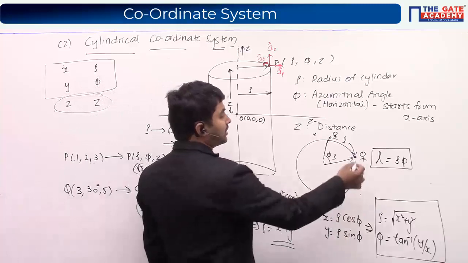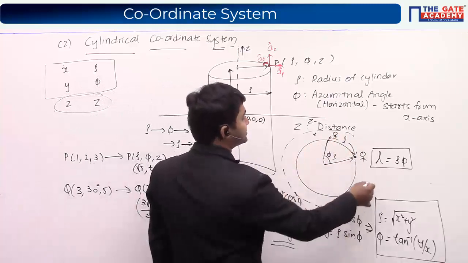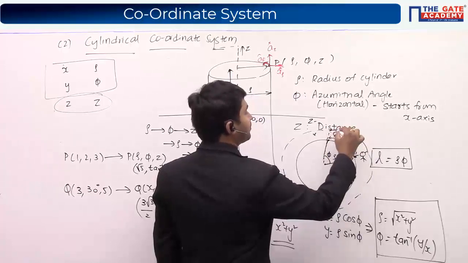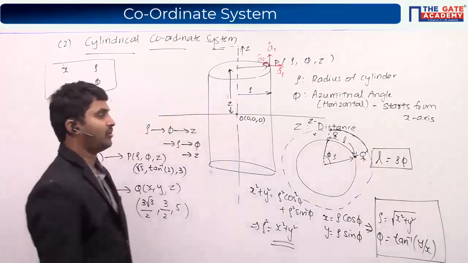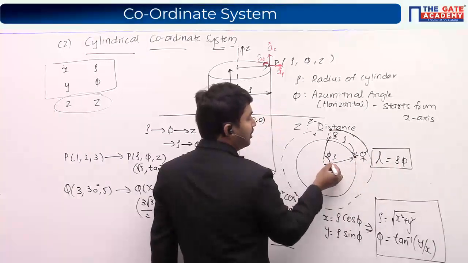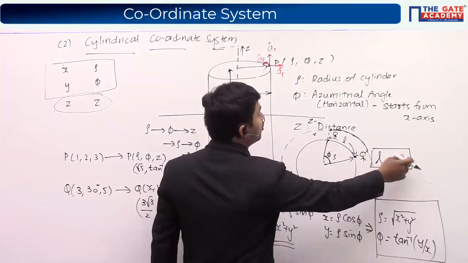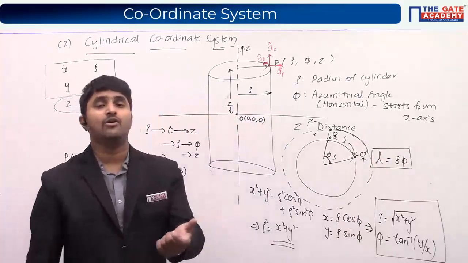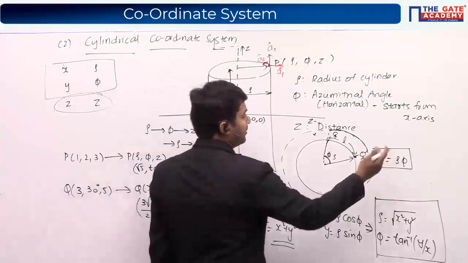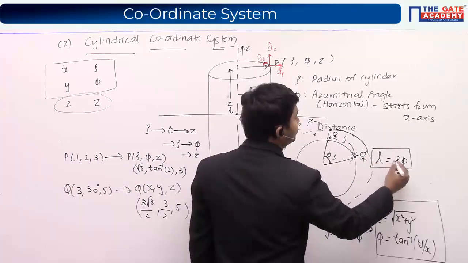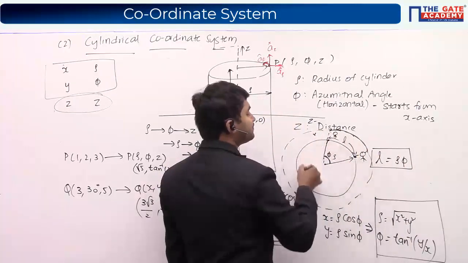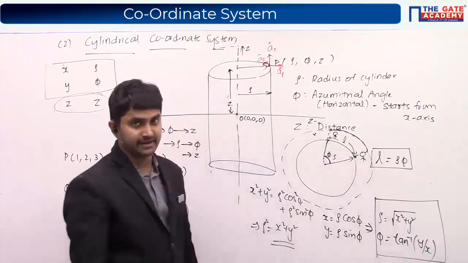So if you are having more radius, it means more is the length that is going to be covered. So it is of course a function of rho and it is of course a function of phi. The length that is covered is going to be equal to rho multiplied by phi. The maximum value of phi which is covered is going to be 2 pi. Then the total length will be equal to 2 pi rho, which is nothing but the circumference of this particular circle.